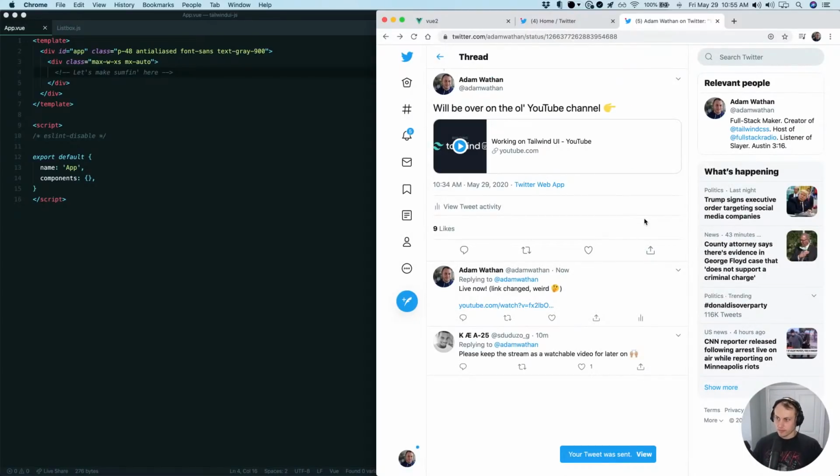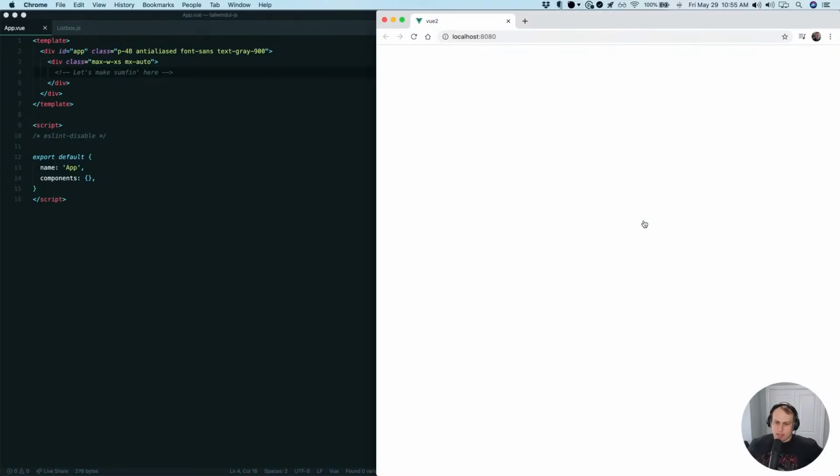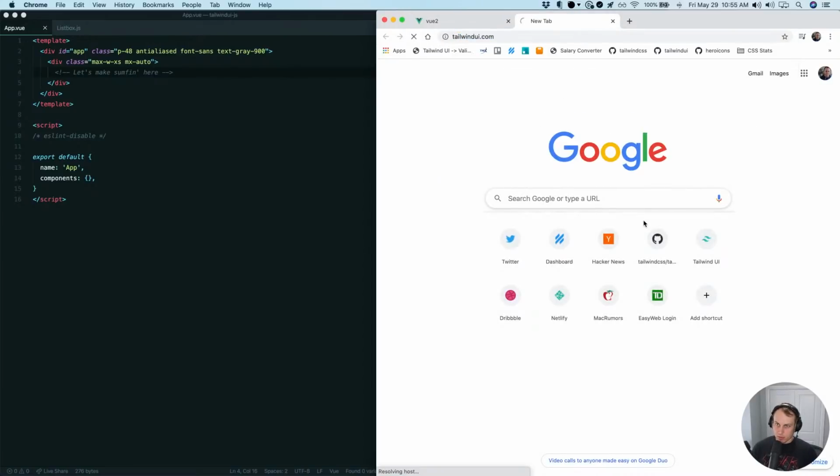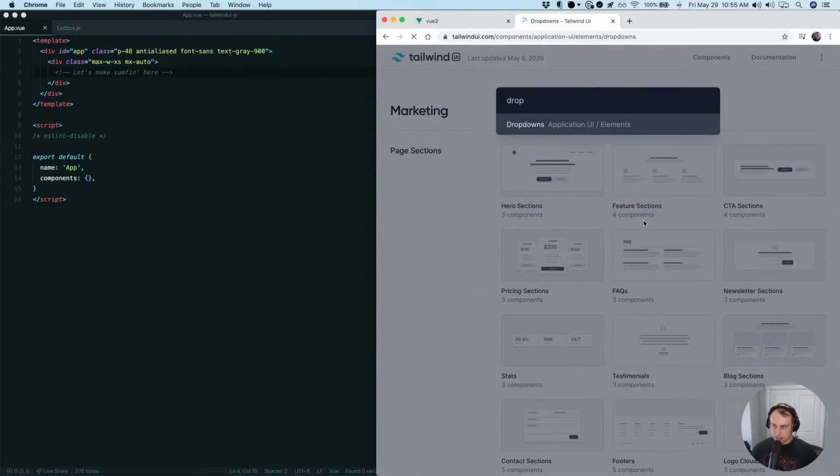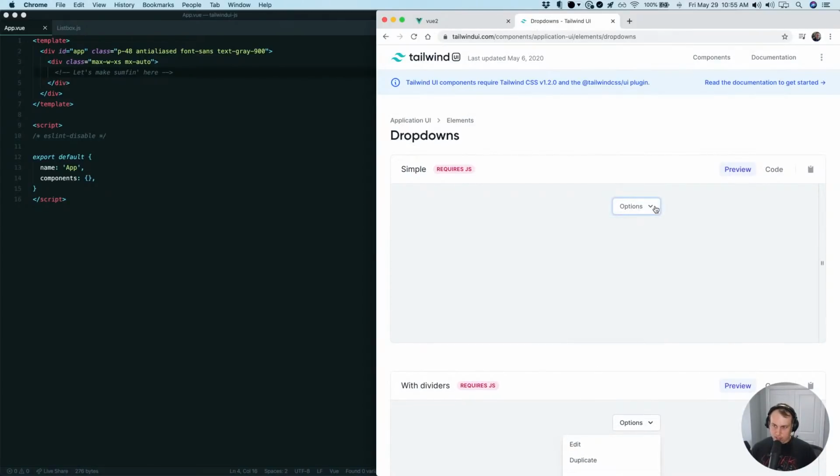Okay, some backstory. We make this Tailwind UI product, right? A bunch of you have probably seen it, with a bunch of pre-built Tailwind components, and I think it's pretty cool. But there's a lot of components that require JavaScript to work. If you go to dropdowns, these require JavaScript to work, and implementing these in a really bulletproof way is not as easy as it sounds. There's a lot of work you have to do with keyboard navigation and stuff like that to get things